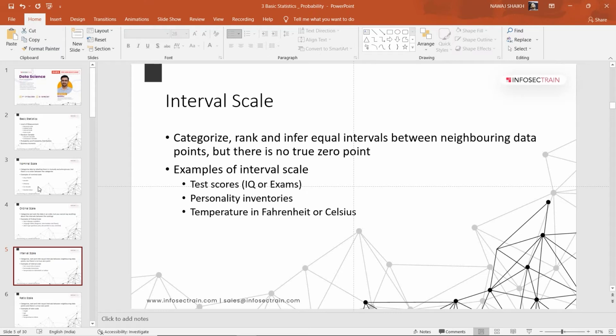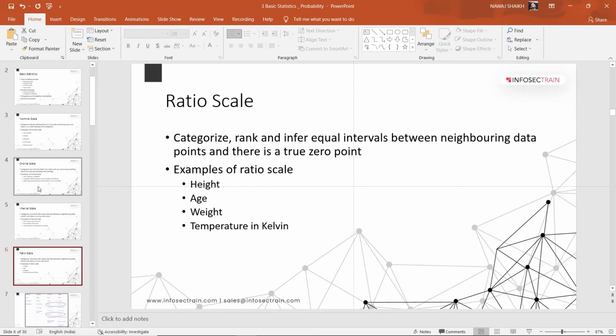In height and weight, there is a true 0 point. This drawback is covered in the ratio scale. In the ratio scale, we can categorize, rank and infer equal intervals between neighboring data points, and there is a true 0 point. Examples of ratio scales are height, age, weight, and temperature in Kelvin.